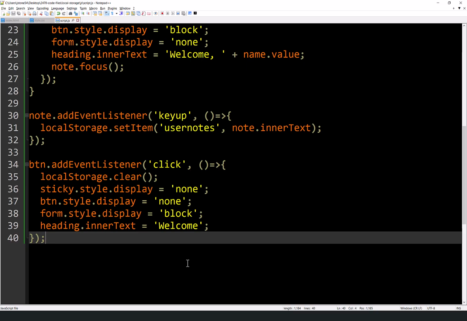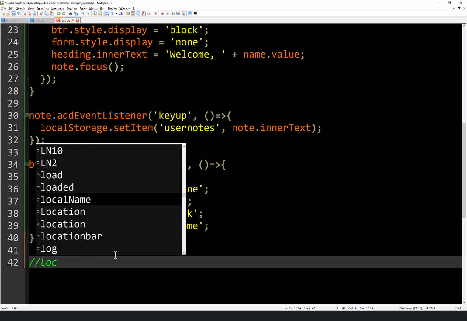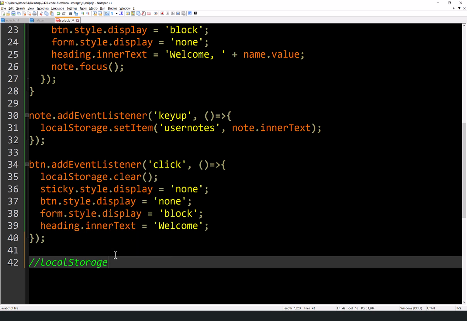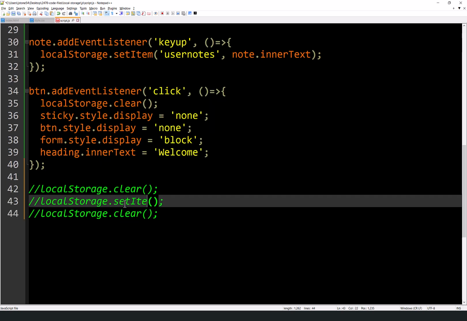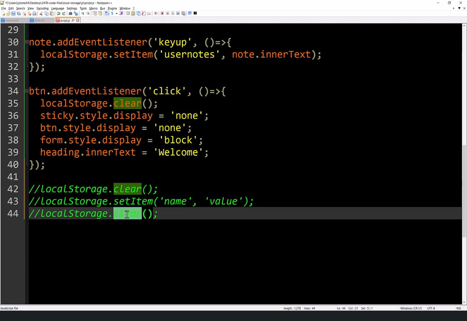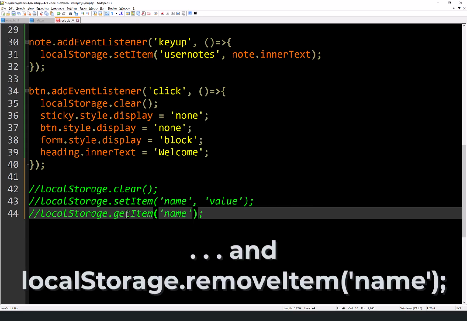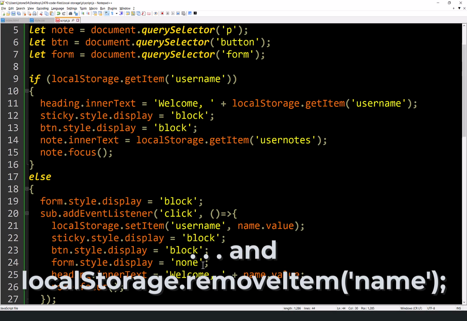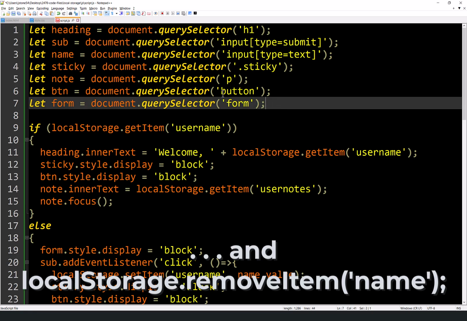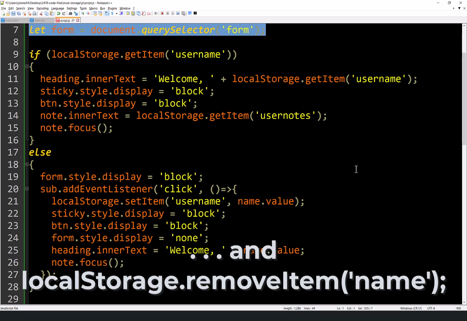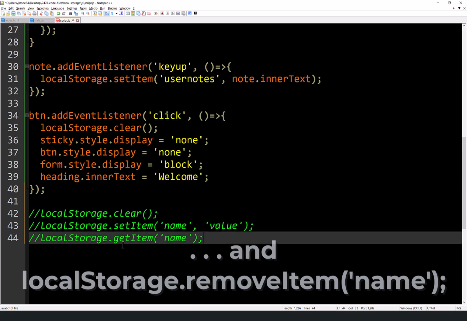So there are three functions that we learned today. That's local storage dot clear, lowercase L, it looks capital, but it's lowercase. Local storage dot set item, which is you give it some name and some value, and then local storage get item, and you give it the name. Those are the three we looked at. That's it. Everything else should be pretty standard stuff. I mean, we were doing this on day one. Event handlers we were doing on week 1-ish. So there's not a whole lot new here, just those three functions.